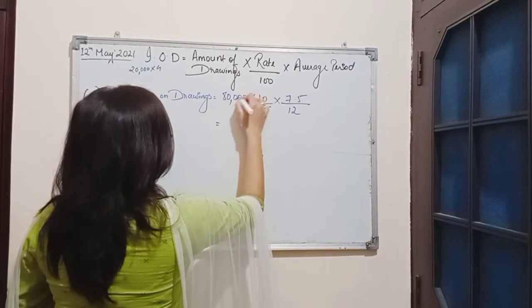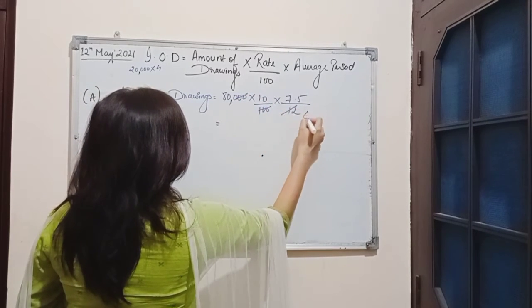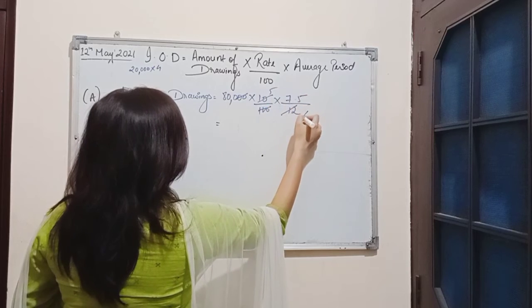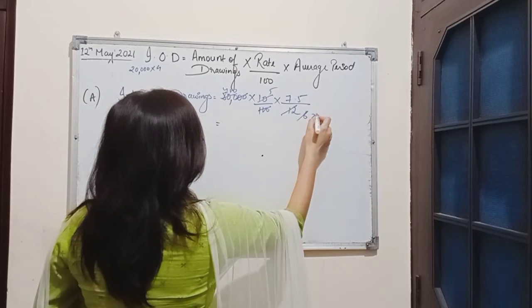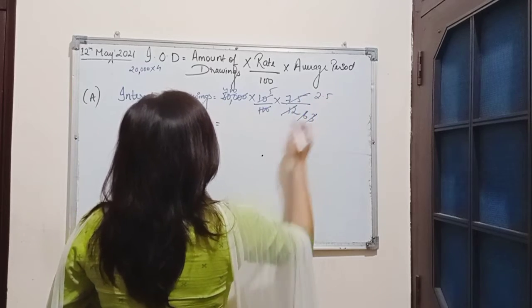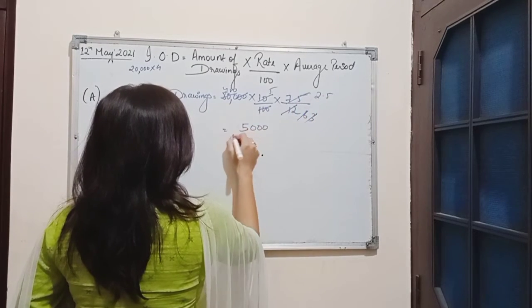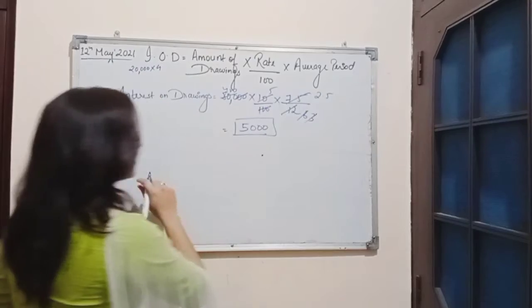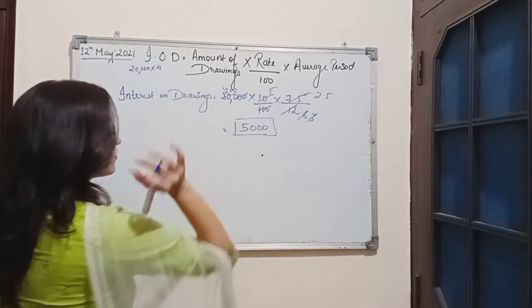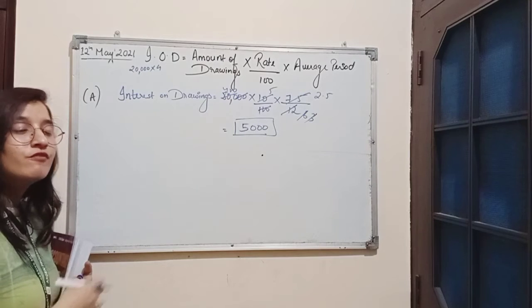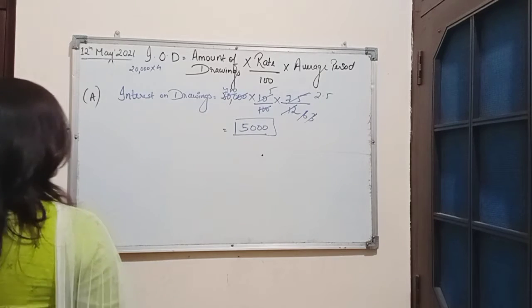By solving this, we get the amount rupees 5,000. So 5,000 is the interest paid by the partner when he is withdrawing the amount at the beginning of each quarter. Now,